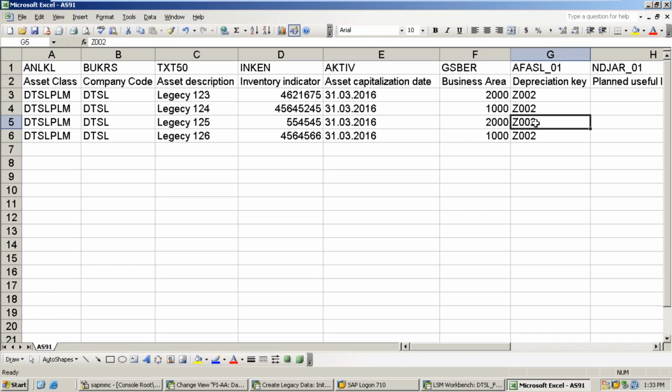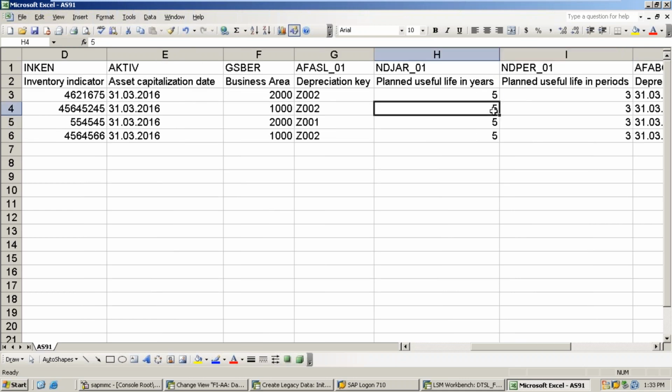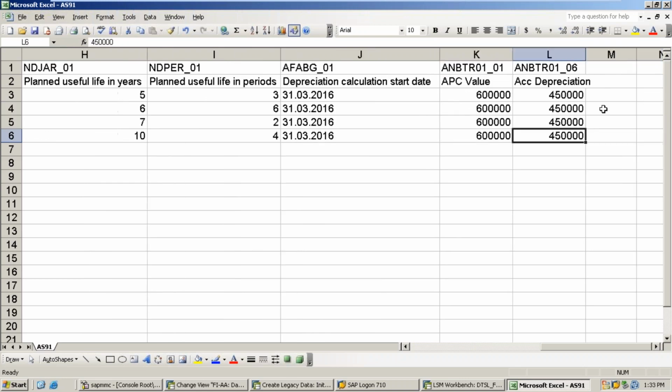Say for example, this is job 001, which must exist in the system. Planned useful life 6, 10 is 6. Okay, 7, 10, 6, 5, 4. Remaining details are the same. 6 lakh, say 7 lakh 50. Here is 50. Here is 16 lakhs. Here is 3 lakh 48. Okay, like this you create one file.